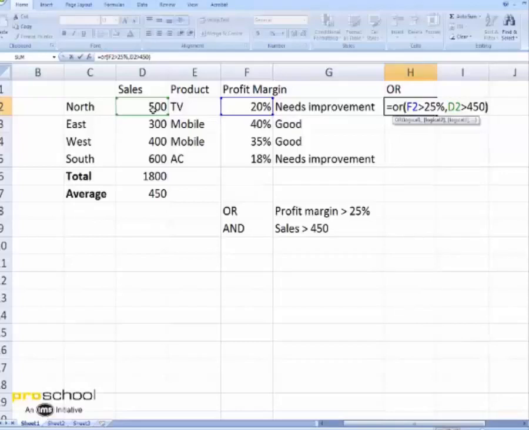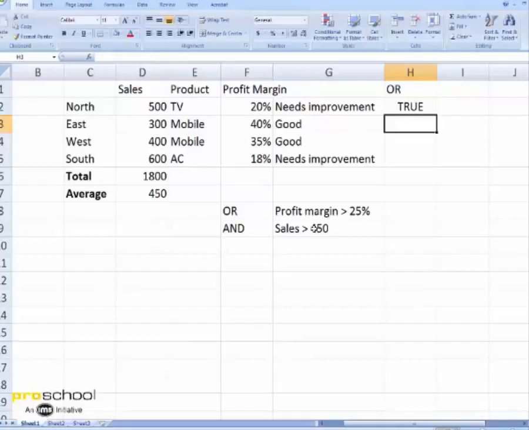I close the bracket. So now I have put two conditions under or, as you see here, logical 1, logical 2, logical 3 and so on. Out of the multiple logical conditions I can put, I have put two. The first condition being this, the second condition being this.